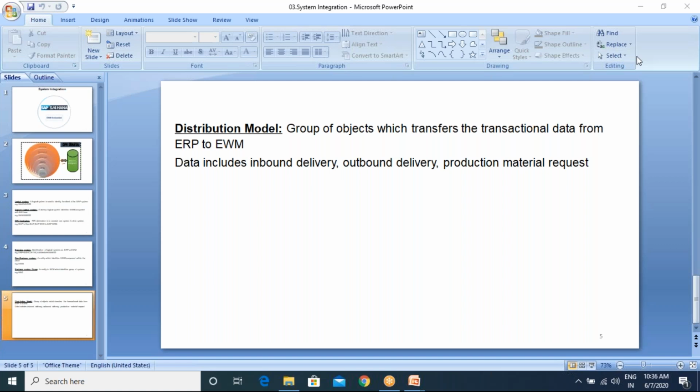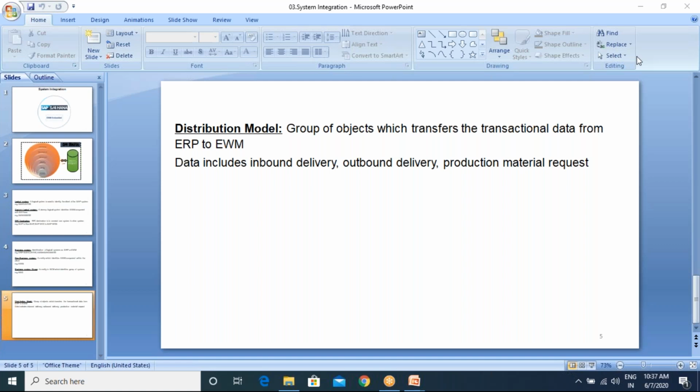Is the only way to communicate with the EWM system a queue, or can it be IDOC as well? That's what I'm saying. It can be IDOC also, but in embedded EWM we have only queue, so you will not be able to use IDOCs. But in case of decentralized EWM, you can use IDOCs also. But as I said, IDOC is a complex method, so queue is a simple method.